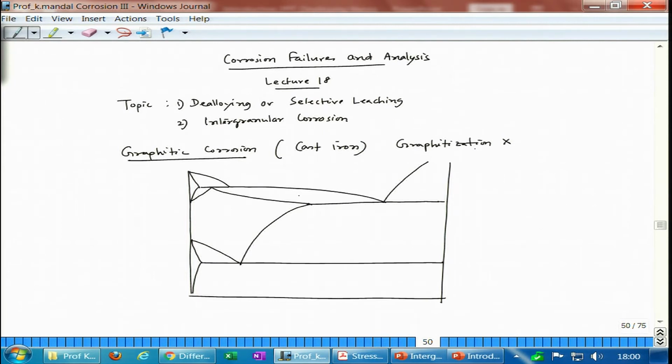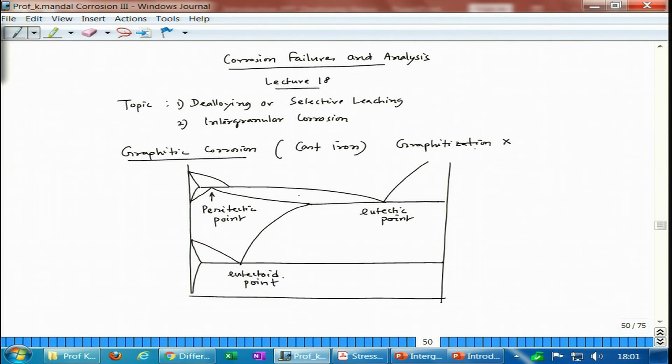I am not putting all those specific values, but schematically this is called peritectic. Okay. So, this is eutectoid, and this is eutectic points,